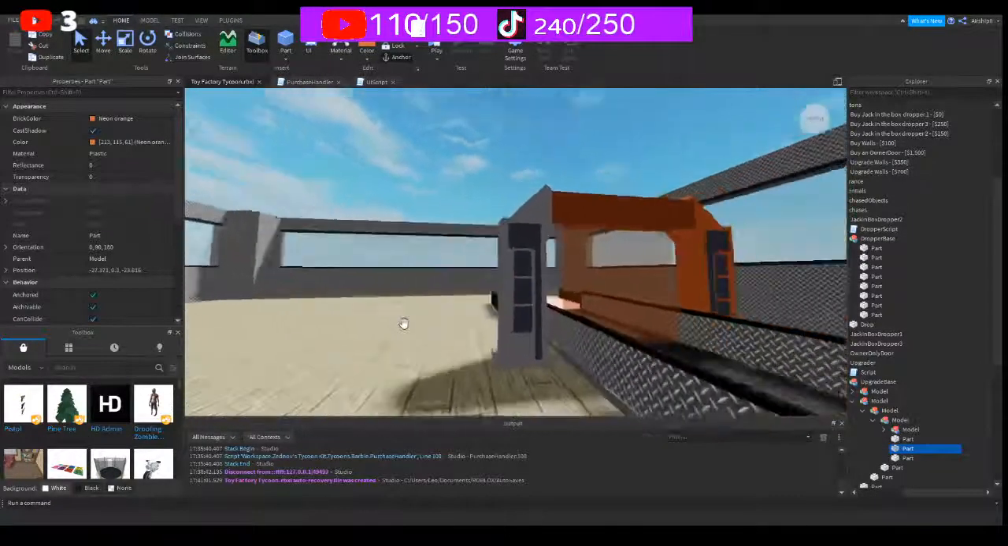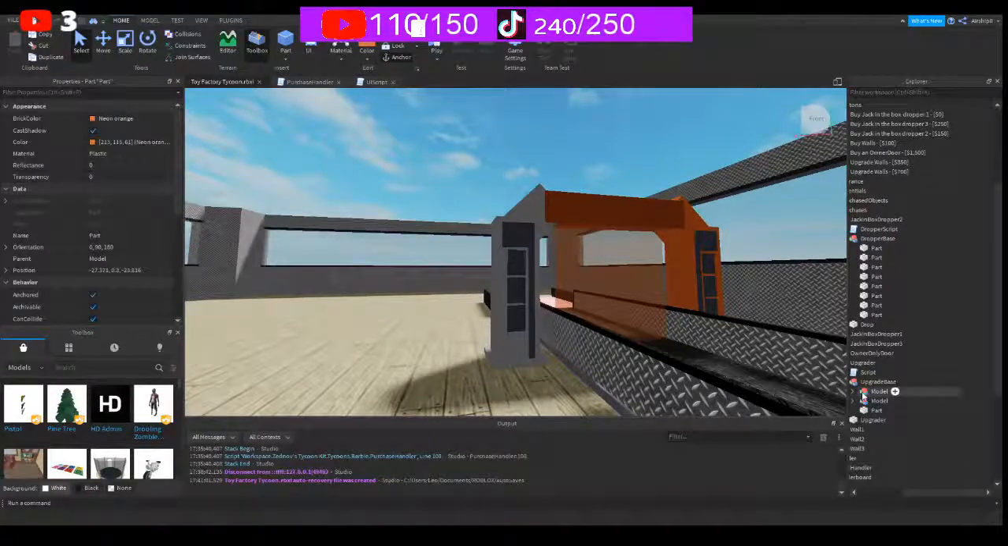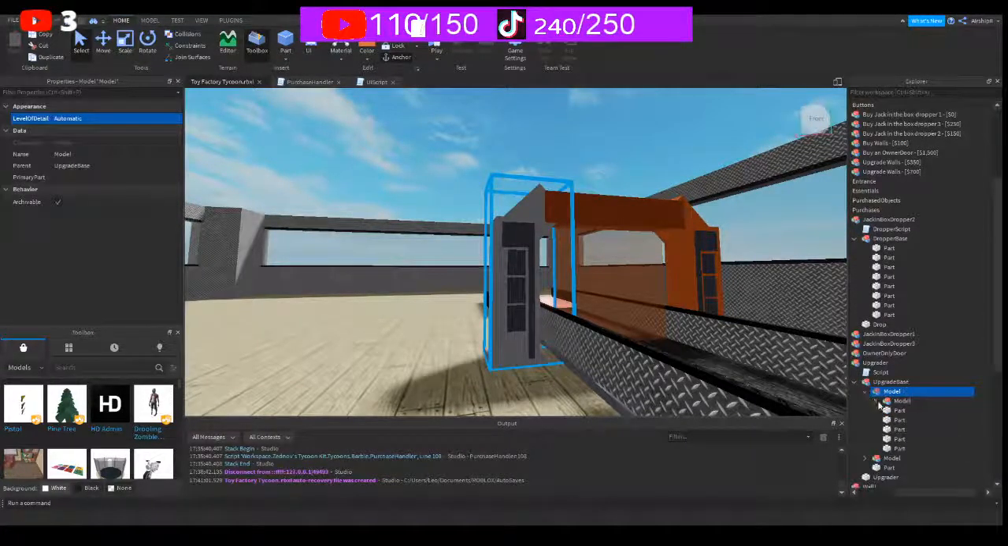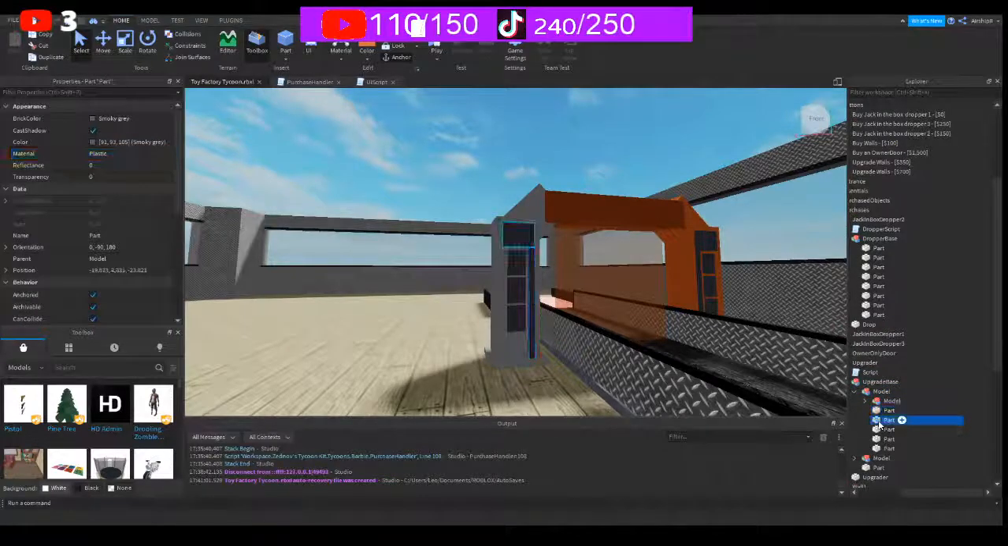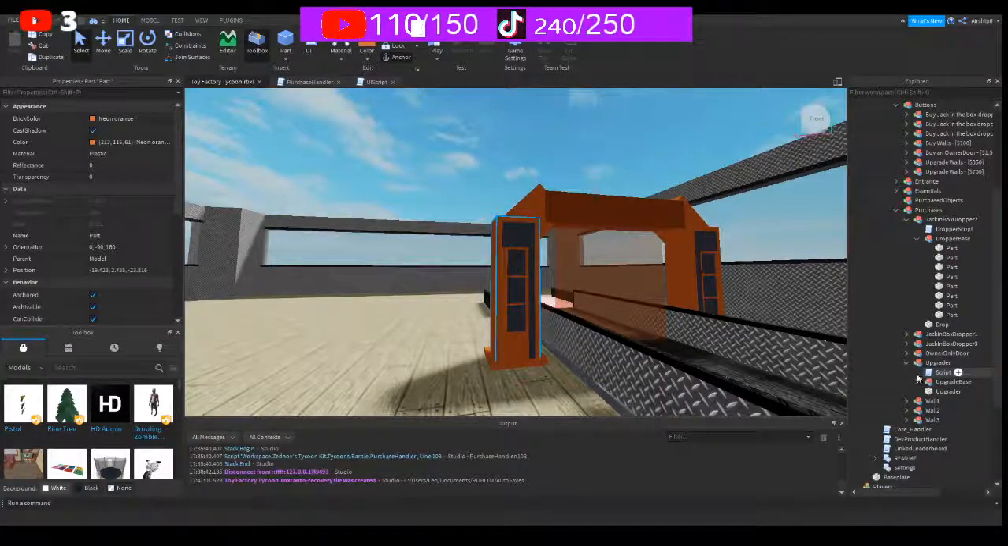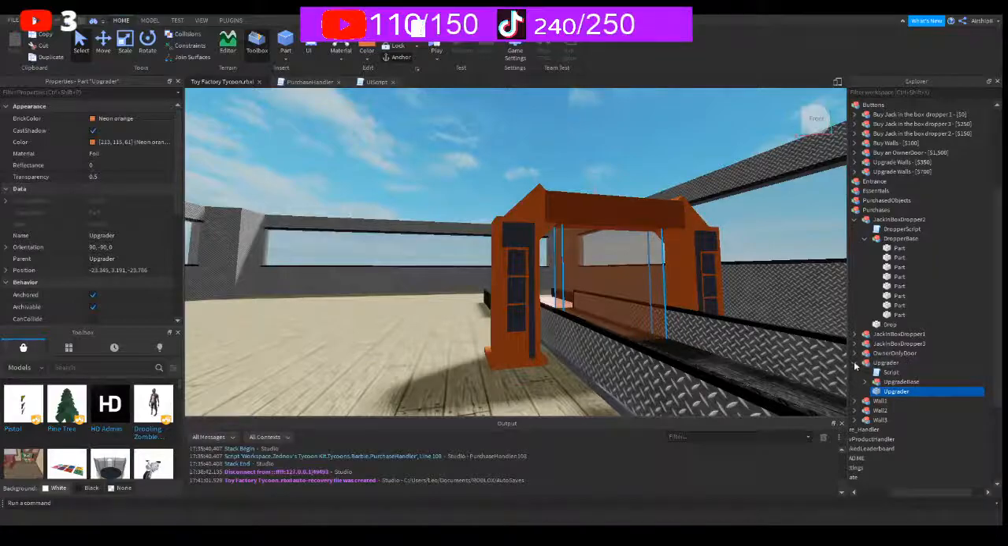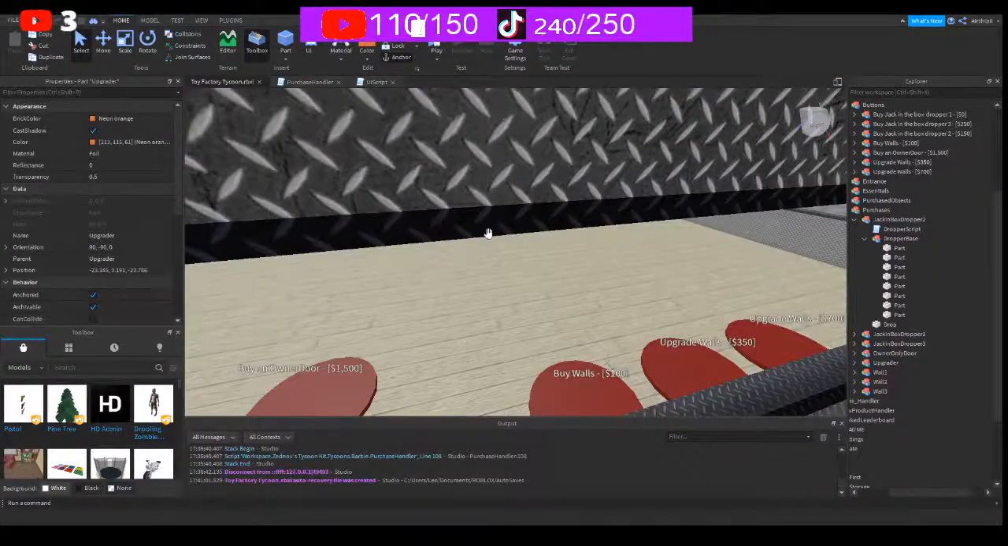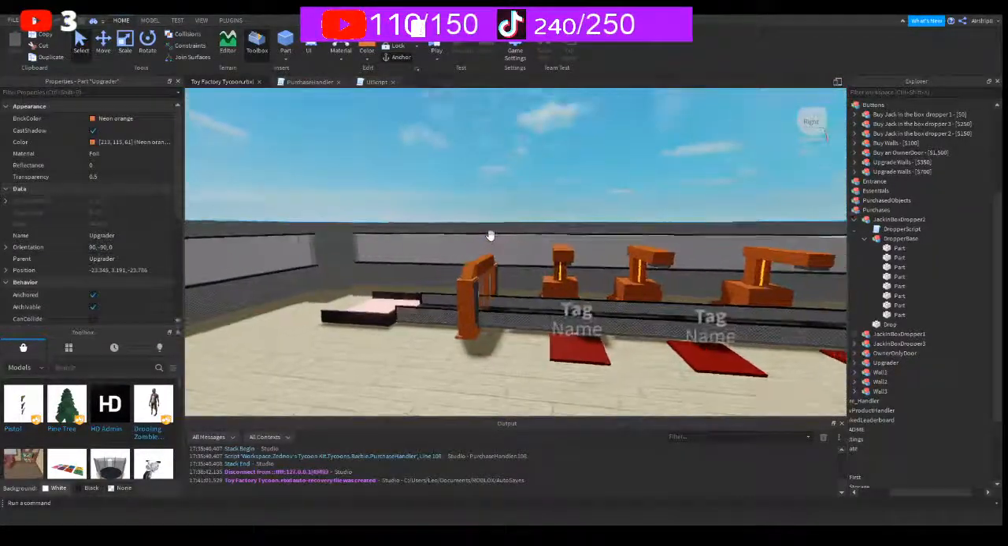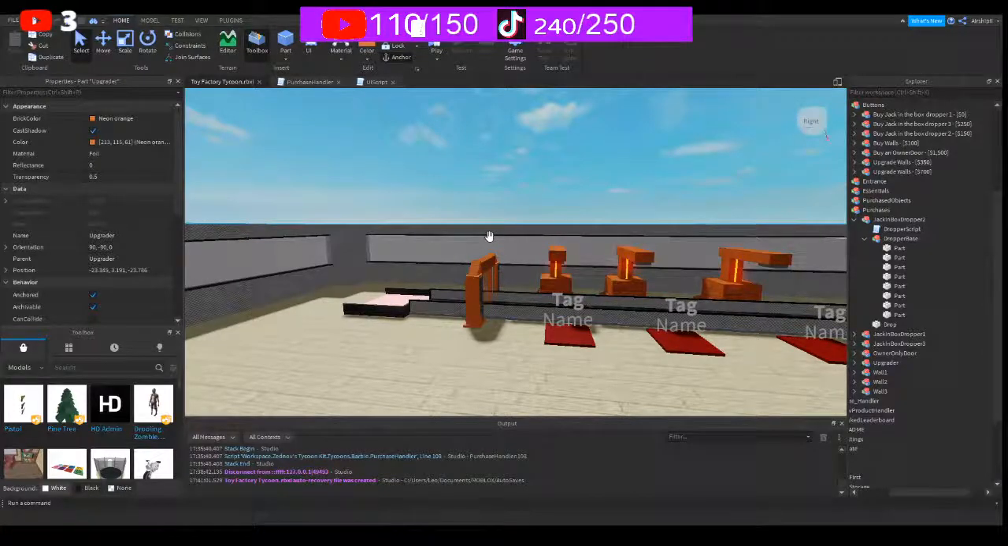Alright. I'm debating leaving those as gray, but I can always come back to that. No, no, no. Actually, yes, we want that to be neon orange. There we go. So now,